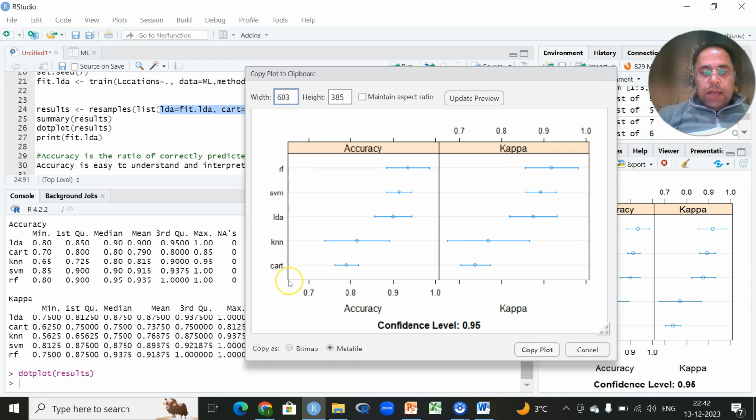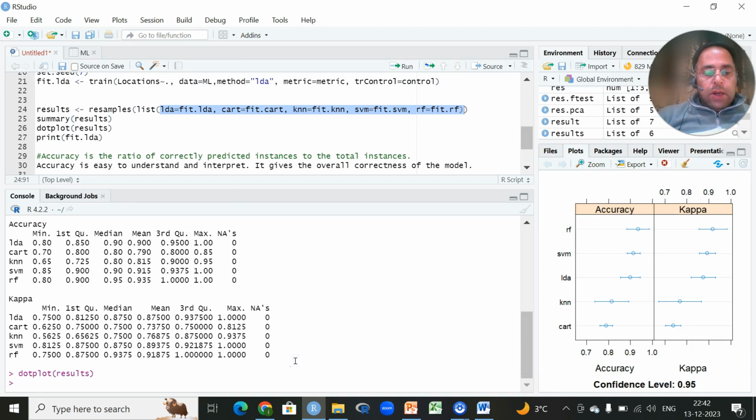In our case, support vector machine and random forest are more accurate in terms of accuracy as well as kappa. So we can visualize this also,